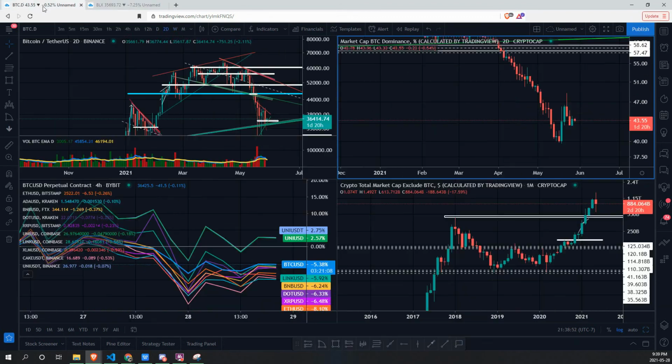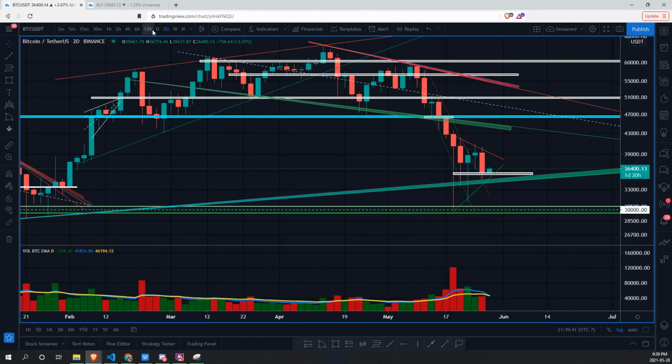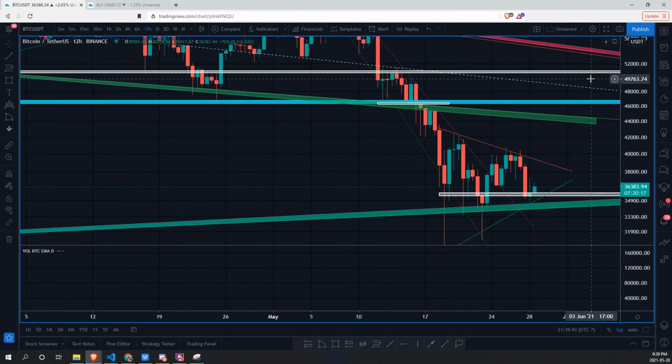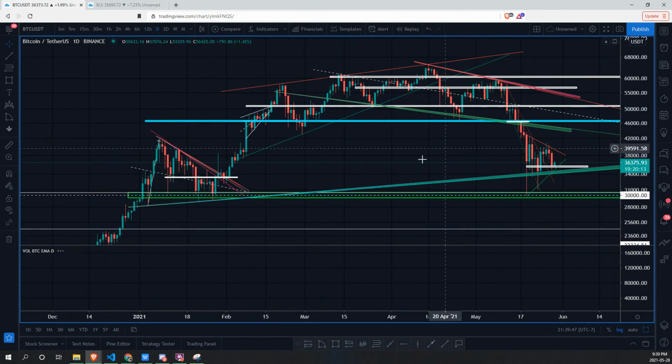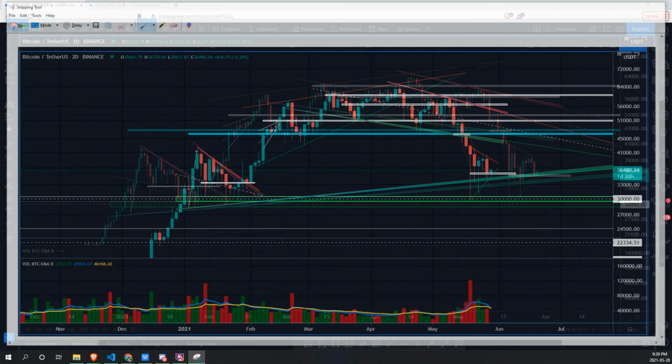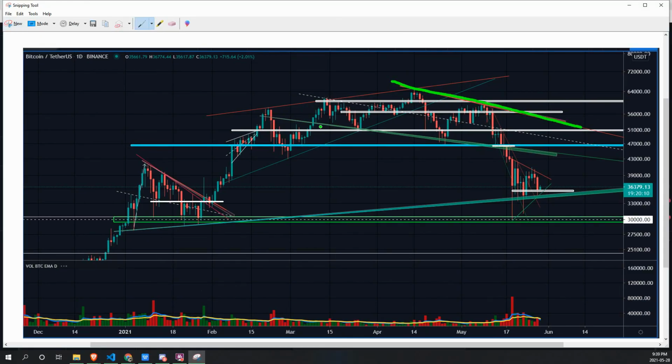Let's close this up on our small time frame BTC. Actually, let's go to a smaller time frame. I don't think we've discussed this. So looking at the daily here, let's get our snip. So this was the potential wedge that we were looking at if this were to hold, but it did not. And then we got our major move to the dump to the downside from this point.